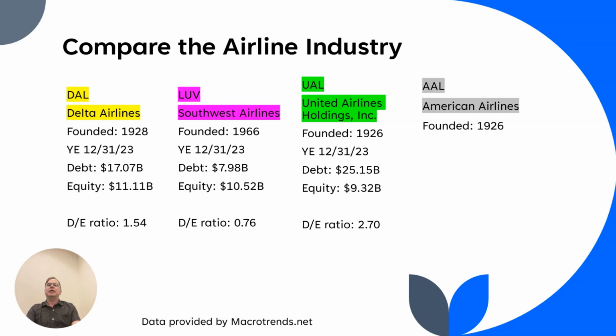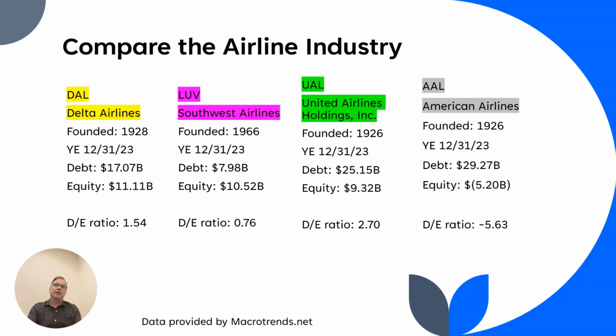Now finally, American Airlines. Hold on to your seats for this one. That's right, they have negative 5 billion in equity and 29 billion in debt. So they have a negative 5.6. This would tell me that they have a heavy amount of debt that they have their assets based on. And really, they've got negative equity, which means they don't really have the earnings that they've accumulated to